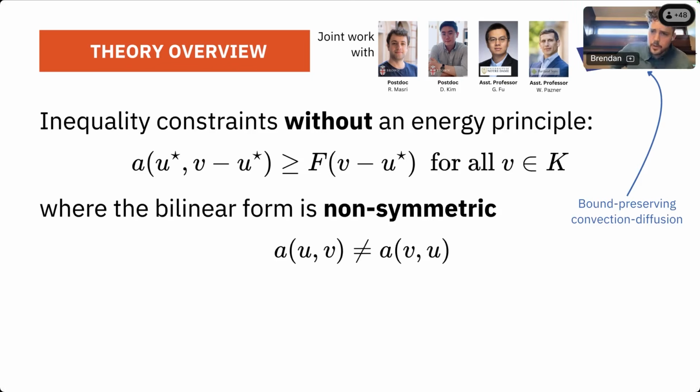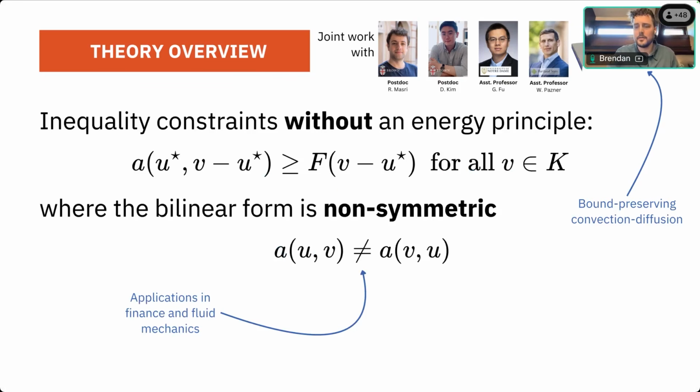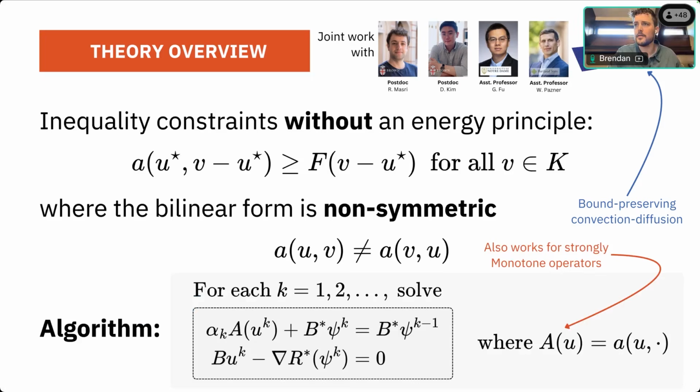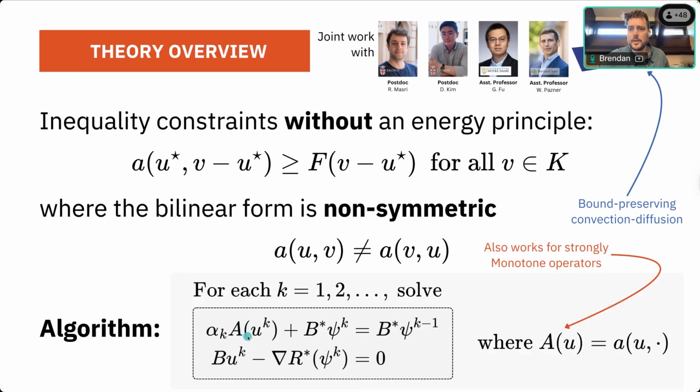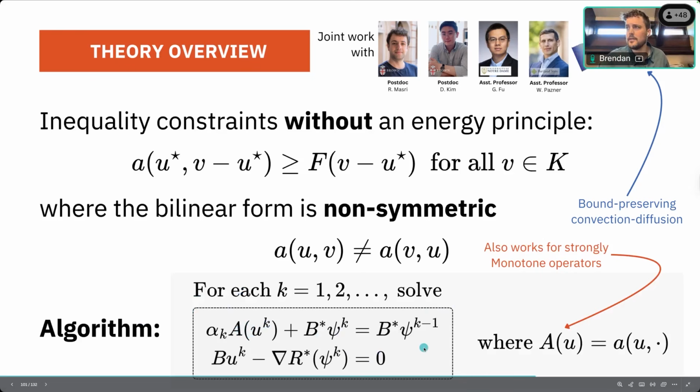But you can apply this method to problems that actually aren't optimization problems, it turns out. So, in fact, general variational inequalities, where your bilinear form isn't symmetric. There's many applications, fluid mechanics and financial mathematics. And the way you do it is you just substitute where the J prime was, the derivative of your objective function, with the monotone operator A. Otherwise, the algorithm is exactly the same, discretizations are exactly the same,